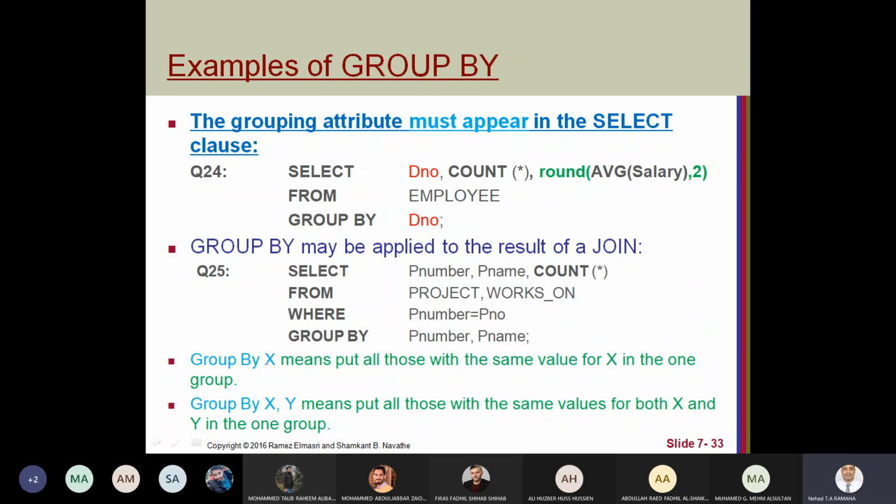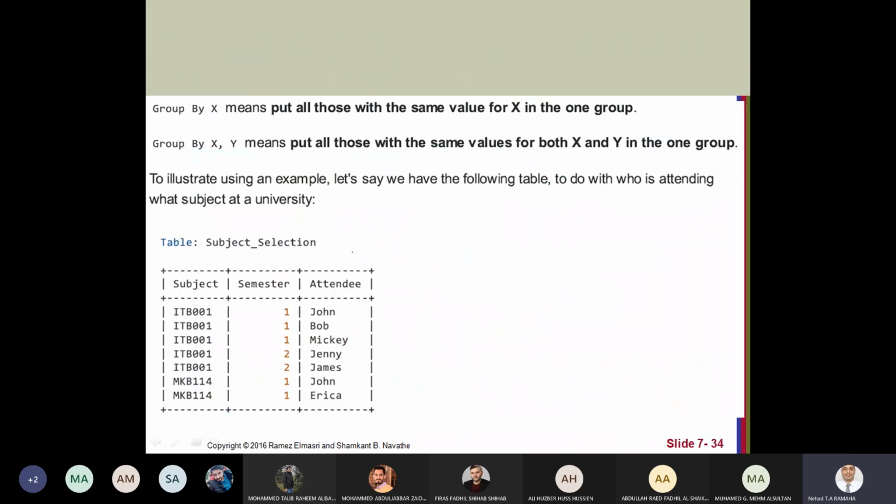Okay, so grouping by X means put all of those with the same value of X in one group. Grouping by X and Y means put all of those with the same value of both X and Y, so the same value as a block, X and Y, in one group. Here, focus on this example. We have subject, semester, attend. Okay, so we have subject number,